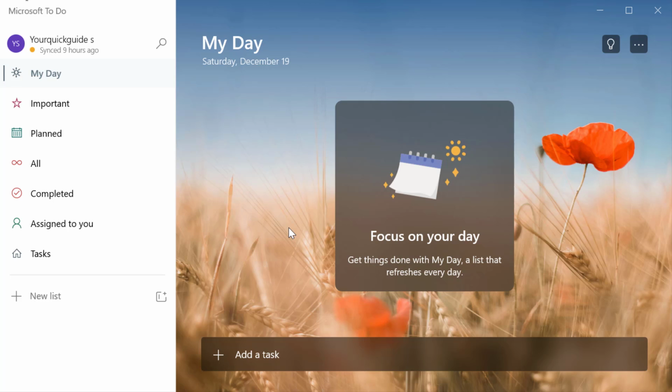Hey everyone, in this video I'm going to teach you how to use the software, or the application, Microsoft ToDo. This is a productivity app. Basically the idea is that it helps you to keep track of the daily tasks that you have to do, things that you have to do by a specific time, categorizing all sorts of different features that you have